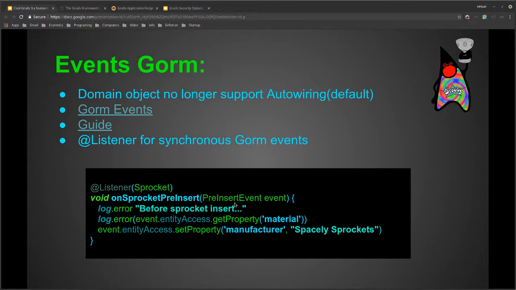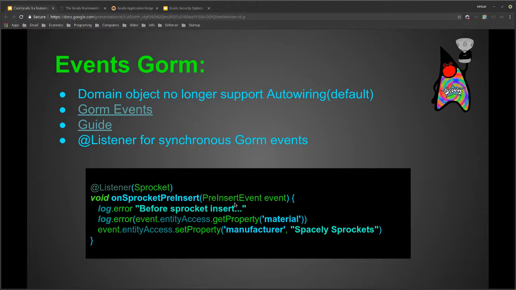The reason they did this was because autowiring uses up a lot of memory, and they found in a lot of applications eliminating it from domain classes would drop it. I think in some cases it dropped the memory by half for your application, so it was very significant. So what they did instead was they used things like events.